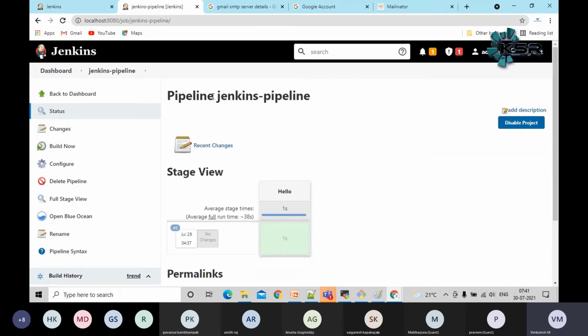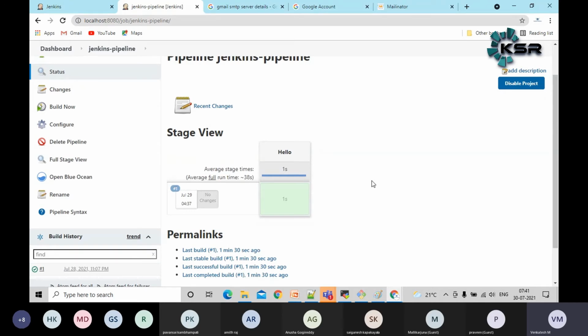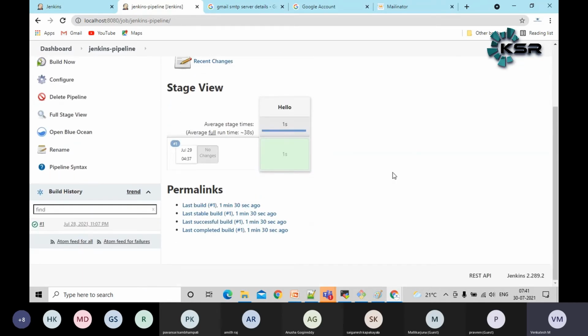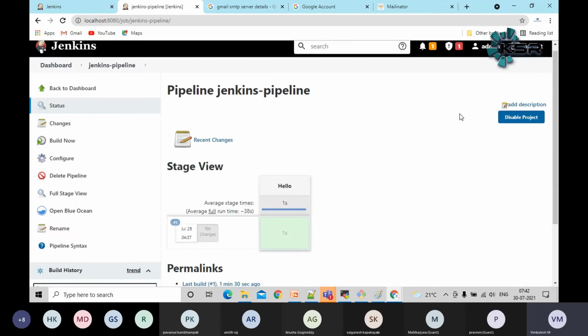Earlier, I didn't get some setting like this, guys. Staging view. Here, if you remember correctly, in our demo sessions I showed you a presentation where Git clone is one stage, Maven is one stage, taking backup is one stage, then moving the code to the staging environment is a different stage. Then finally, after approval, it will move the code to the production environment. I showed these kinds of steps in our demo sessions, guys. So with a similar setup, we can also create a pipeline job here.